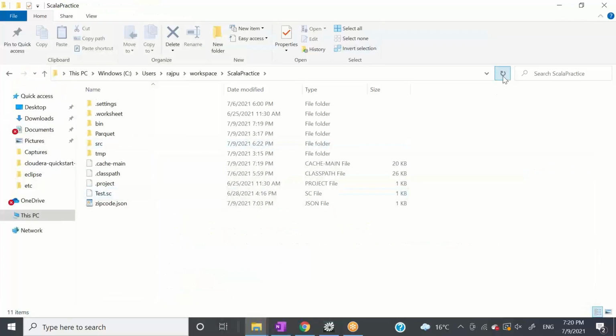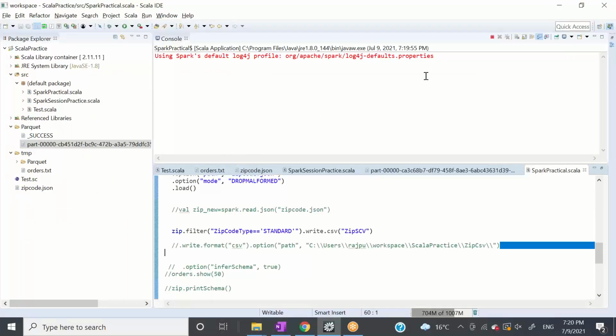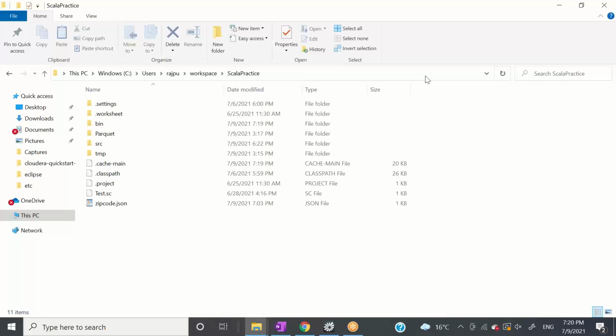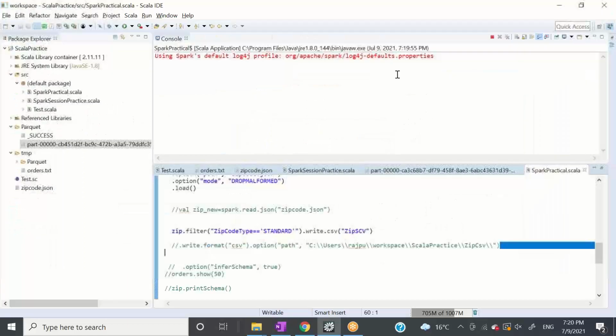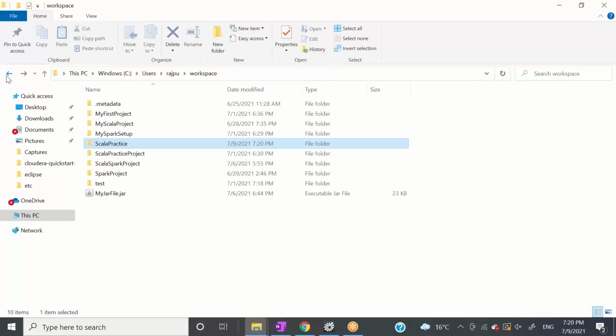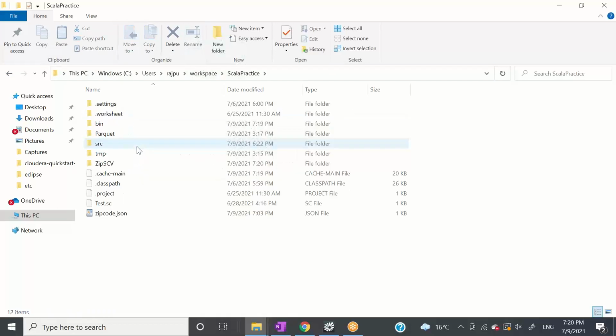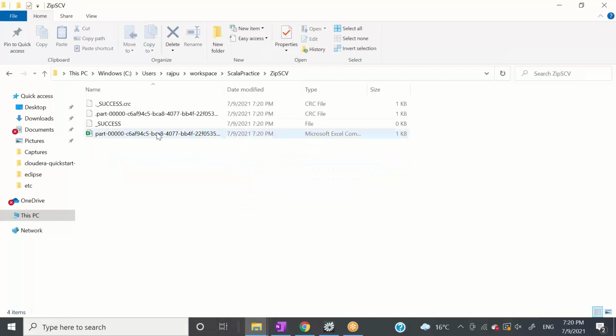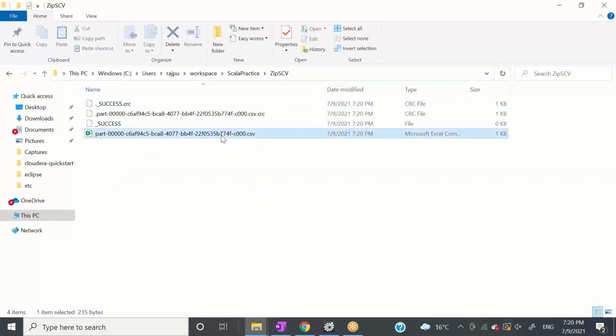Now go here. I'll refresh it. Still running. It takes time. Yeah, this time it worked. I'm not sure why it was not working. So it created a CSV file for us. And when I open this file,